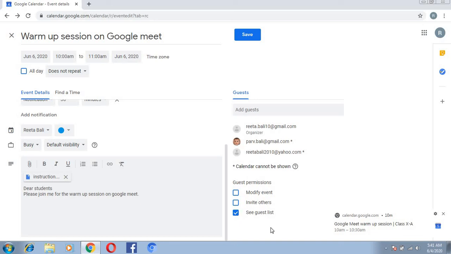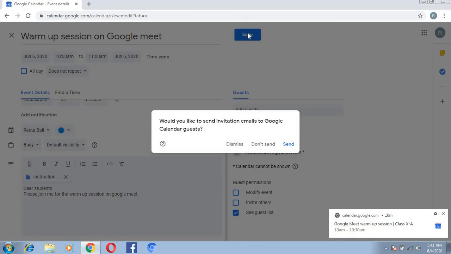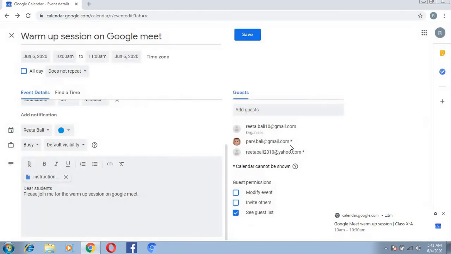After doing all this, I'll click on the save button. As soon as I click on the save button, I'll get a pop-up message that is displaying: would you like to send invitation emails to the Google Calendar list? I'll click on send.